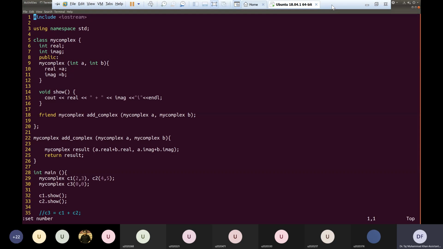So for this question, what if we have to add more than two complex numbers? I'm afraid it is basically the same. Let's say we want to add three complex numbers.